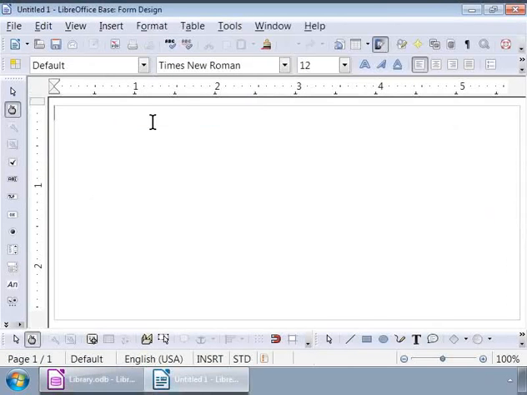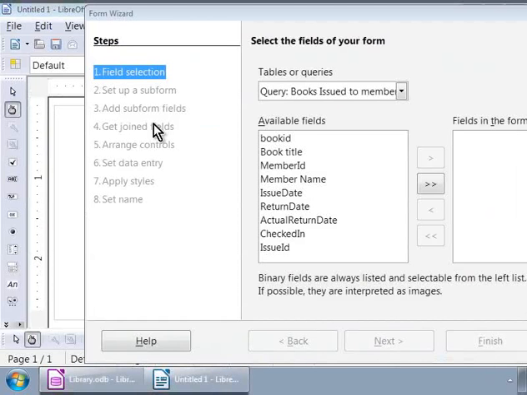We now see a new window which is similar to the LibreOffice Writer window. And on top of it, we see a pop-up window that says Form Wizard. Let's go through this wizard to create our first form based on the books table.